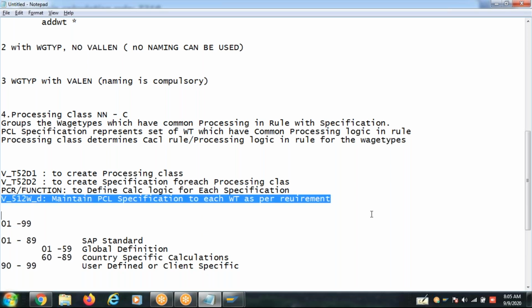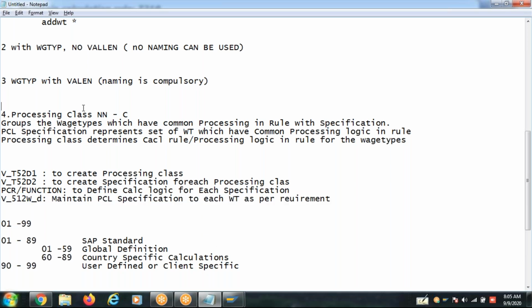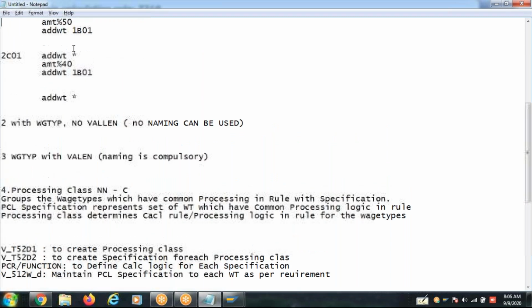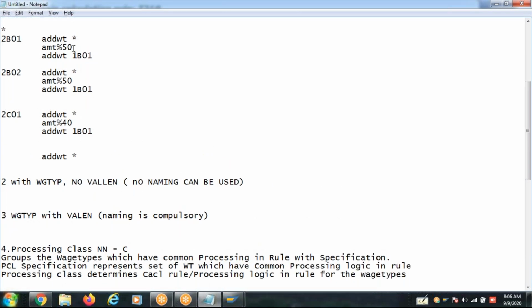So we can write a rule with a processing class, or with wage type naming for the same requirement, or without naming. We can also write this rule with specific wage types. But which is the best way for the requirement? You need to decide. Not all scenarios need a processing class, and not all scenarios need wage type naming. In some cases this is the right solution, in some cases the second one, in some cases the third one.